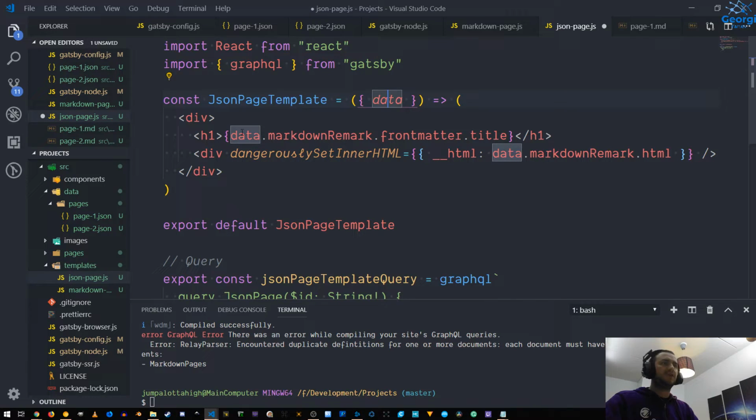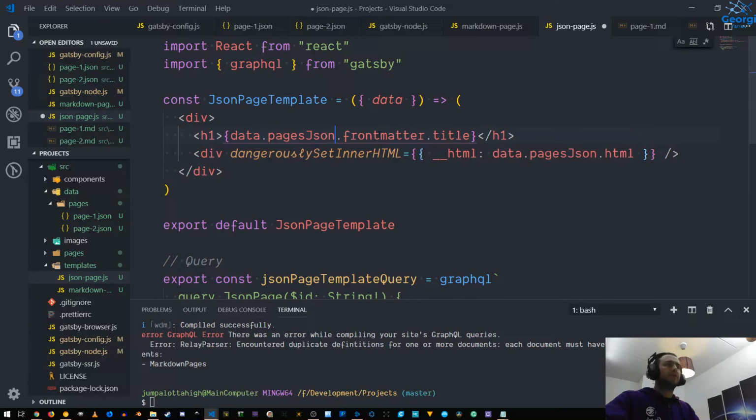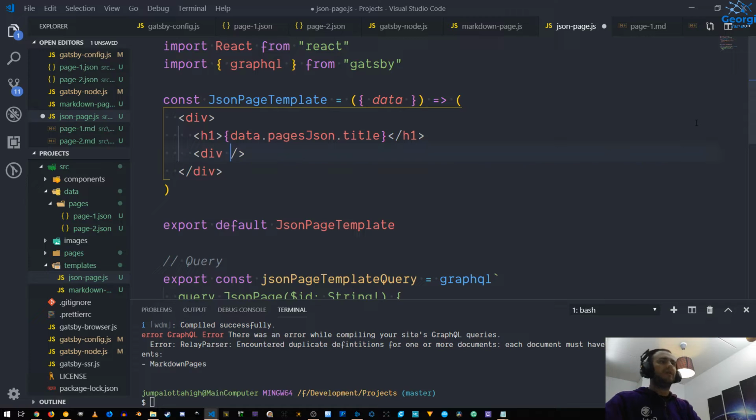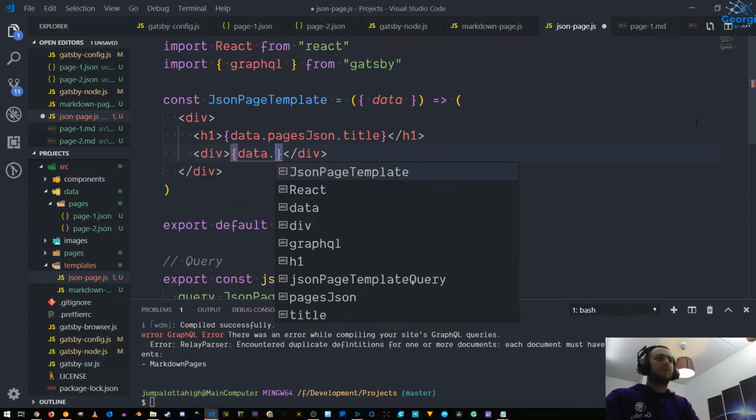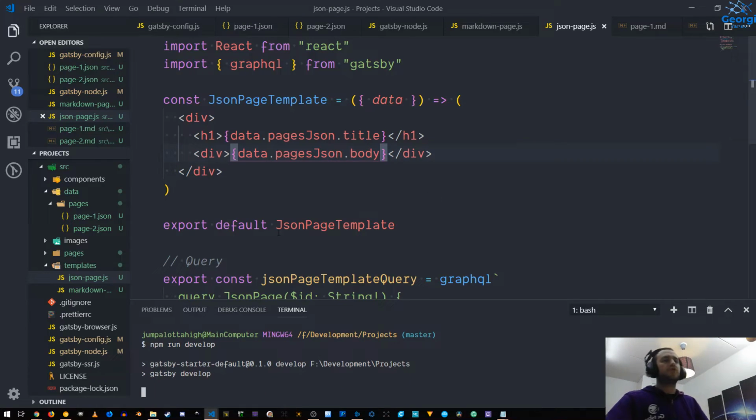It comes down here in the template. We use that data, and we go into pagesJson, and we don't go into frontmatter title. You just go to title, and there is no need here to dangerously set anything really. We can just do it like that, because this time we get returned simple plain text, and this is going to be data.pagesJson.body. So if we now run our server, we should finally have available also pages built with JSON,